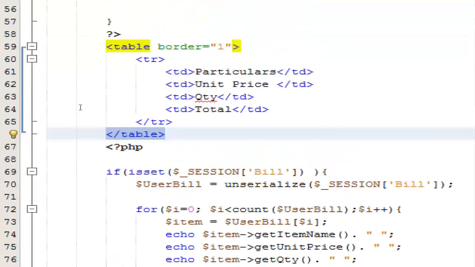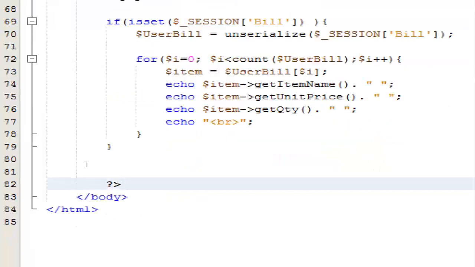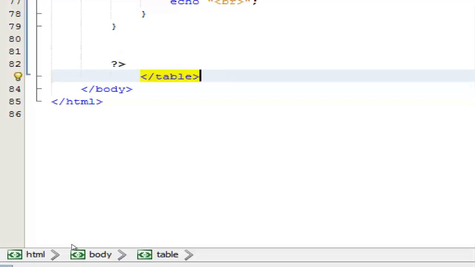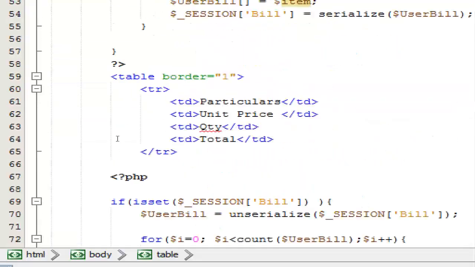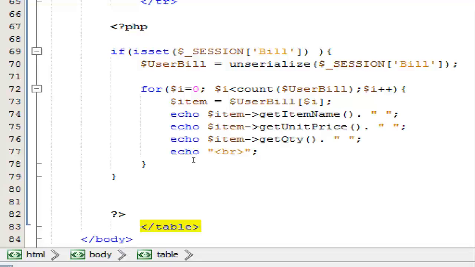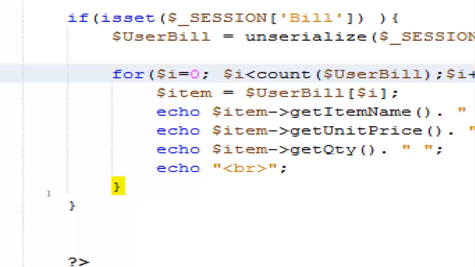The table is started from here to here. I break this table, cut that table, and I'm going to put it just before the body. So that table is there, the last part will be the slash table. So that's the table. So table will start from here. In between, lot of PHP is there, and the table will end just before the body. And within this for loop, now you can break this for loop and do it, but